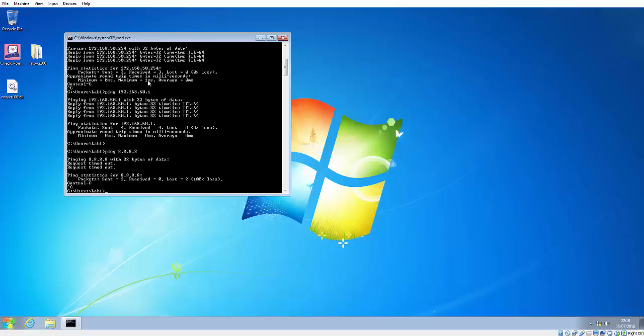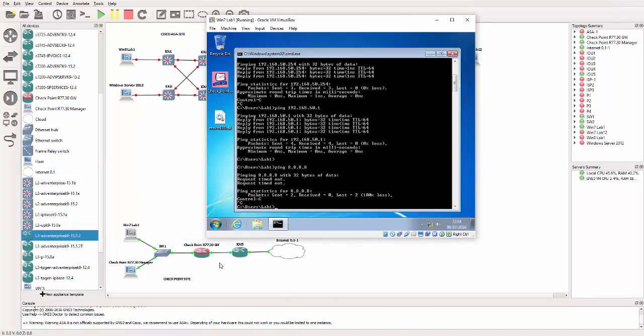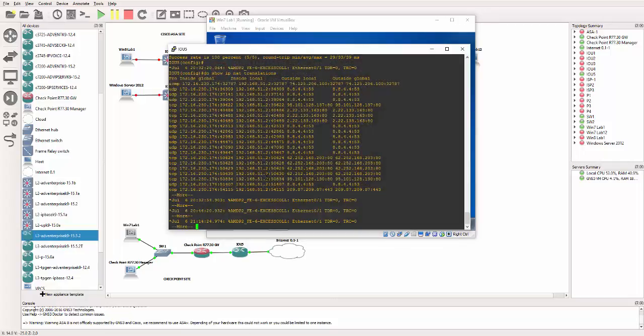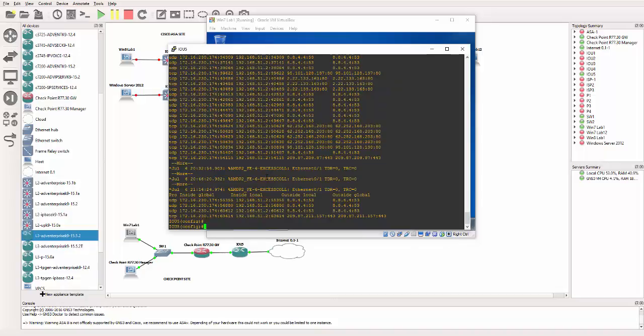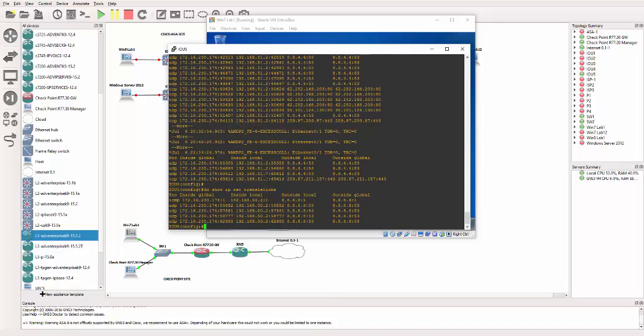Okay, it doesn't seem to be working again. So what I'm gonna do is see if I can ping up to this interface here. Let me see if I can ping. Let's click on the router. So we'll do translations 50.2. Can't see anything else. So we'll do a do show IP interface Ethernet 01,